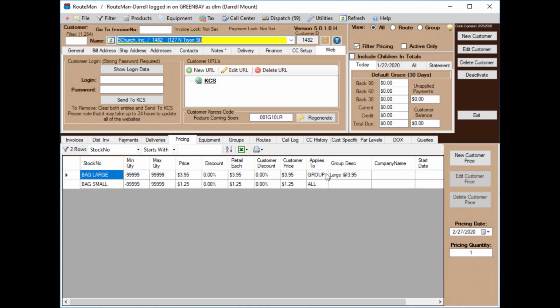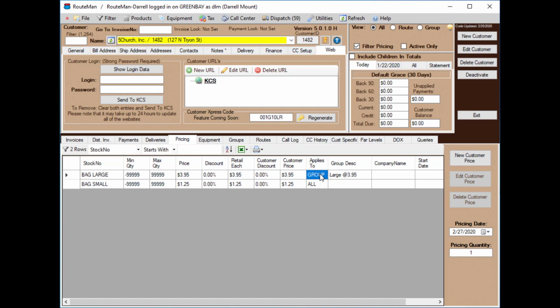But groups is real important. You have all price, which is like a retail price for somebody walking in off the street. What the product that they pay for, it would be the retail price, and then the group price overrides the all price. One other tier higher than that would be a customer specific price,